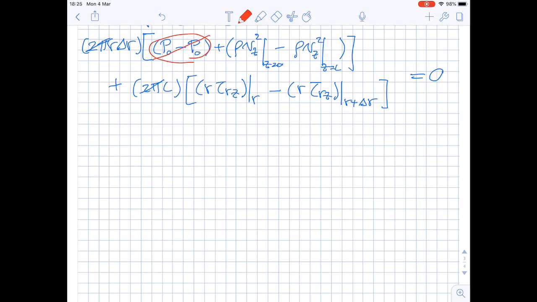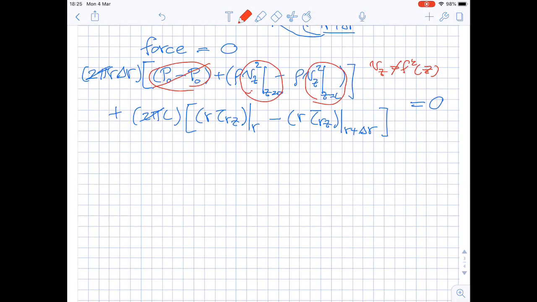And you should also see that Vc at Z equal to 0 and Vc at Z equal to L are the same, because we stated earlier that Vc is not a function of Z. So therefore, these two terms cancel out. They become 0. Alright. So if you divide the whole equation by L delta R, we will have